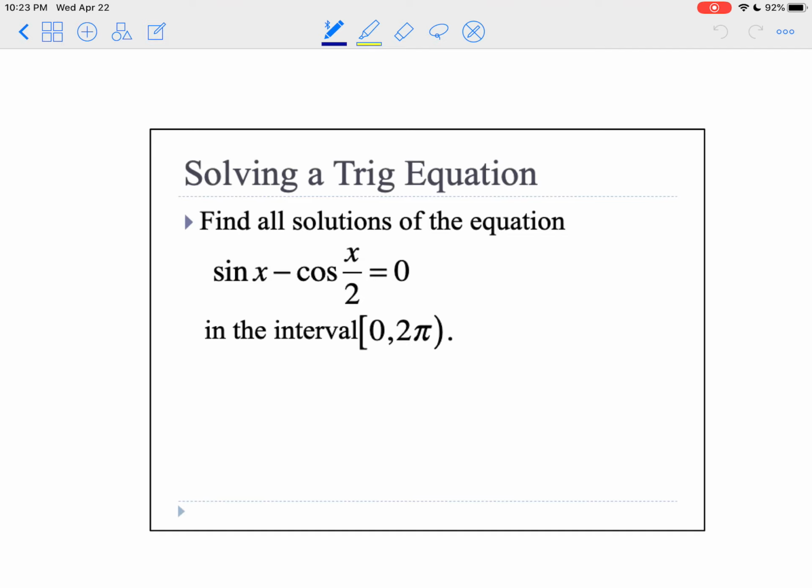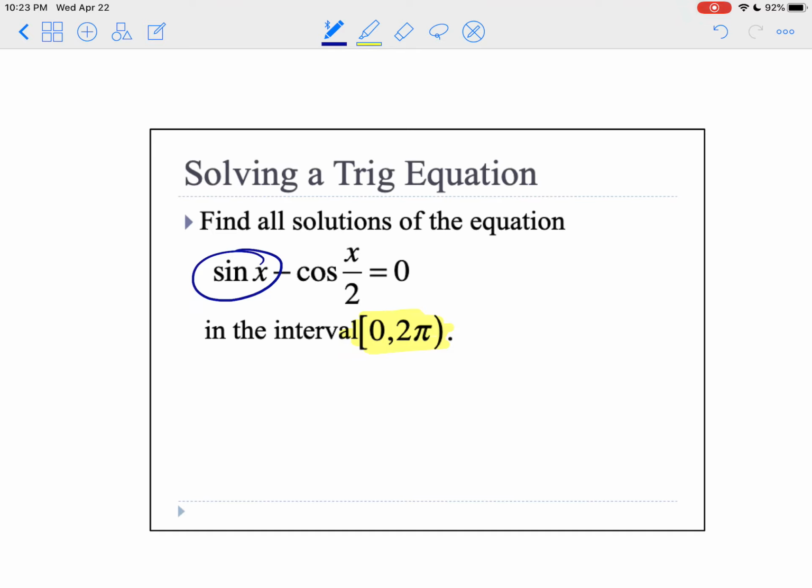And let's go to the next example. So here we have, again, we're finding all the solutions from 0 to 2 pi, including 0 but not including 2 pi, for sine of x minus cosine of x over 2. Now our first thought is probably going to be, should we use the half angle formula on cosine of x over 2 to bring it in line with this x here, which is a really good thought, but it just doesn't work. And so instead what I'm going to do is use the double angle formula for